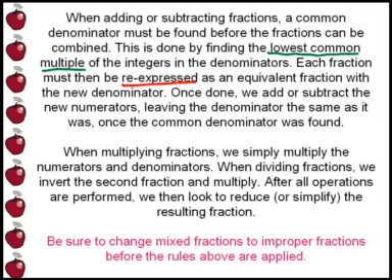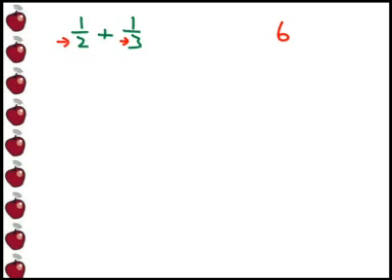Each fraction must then be re-expressed as an equivalent fraction with this new denominator, which means we must multiply the 2 by 3 to make that 2 grow into 6, but then we'll multiply that 1 by 3 as well. So we'll get the half to become 3 over 6, which is an equivalent fraction to a half, because that's exactly what they meant. We re-express the half as an equivalent fraction, namely 3 over 6. And we'll do the same with the third. We'll multiply by 2 there and by 2 there to get 2 over 6, which is again an equivalent fraction